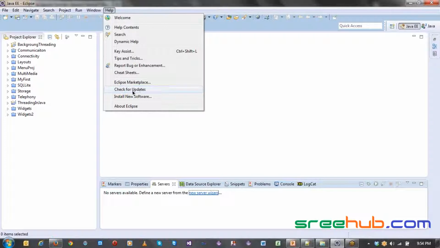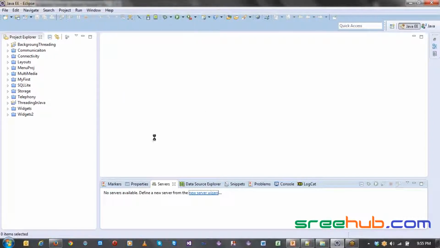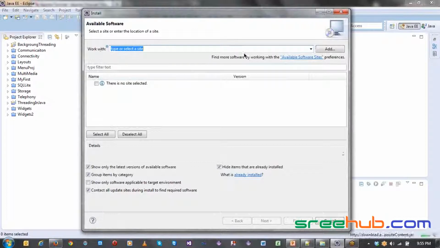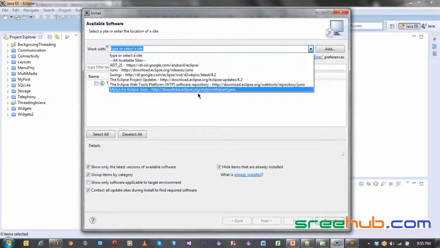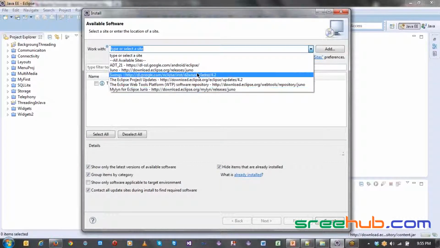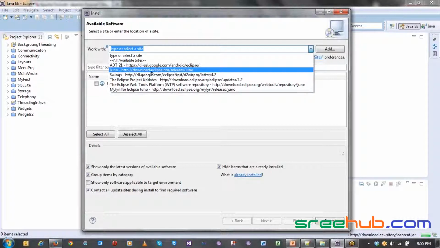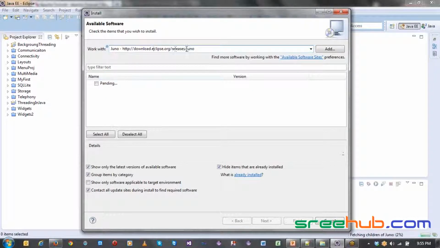And if you don't find that link, maybe you can just go for install new software, right? And normally when you click on install new software, you can give your own link. I have many links, don't worry about this. You may not have this many links. Now you can say this is my main link, right? Whatever new releases come up for my Juno, you can get it, and it will get everything from it.